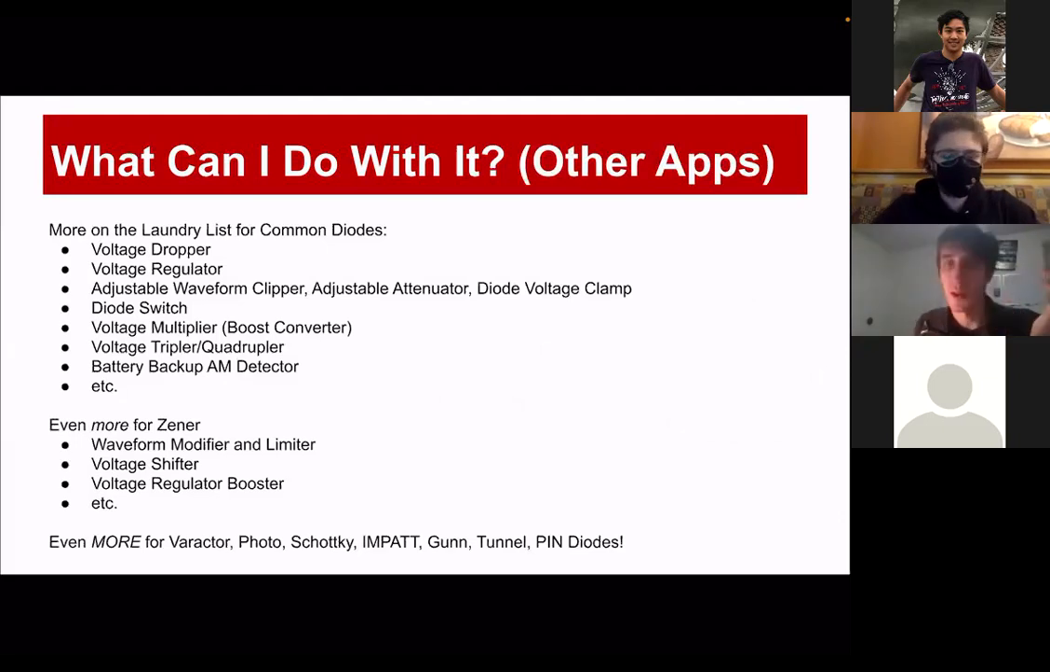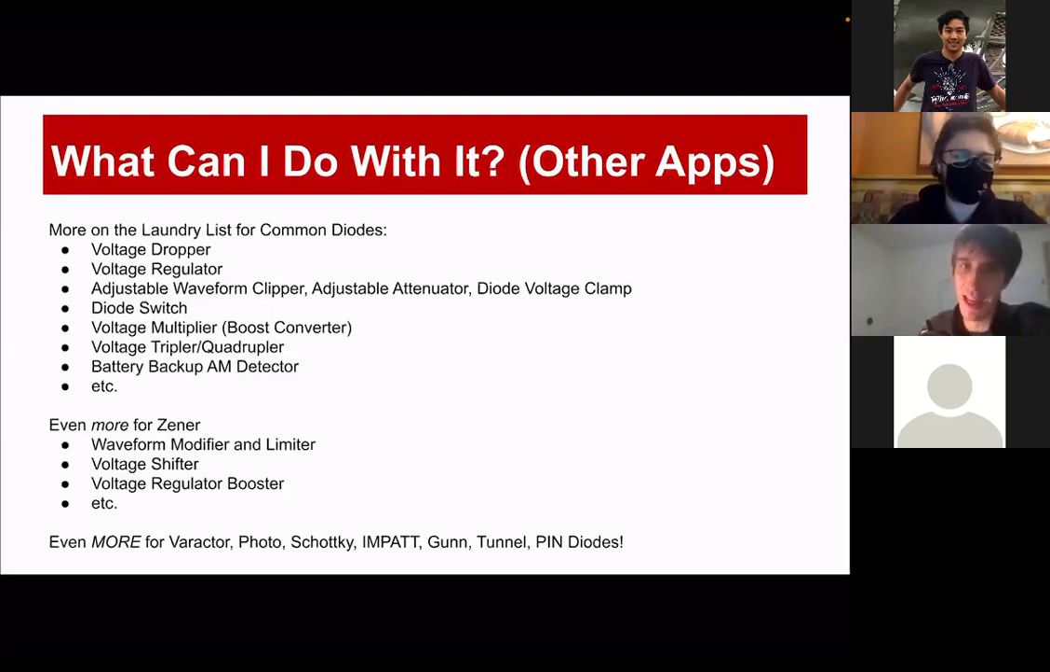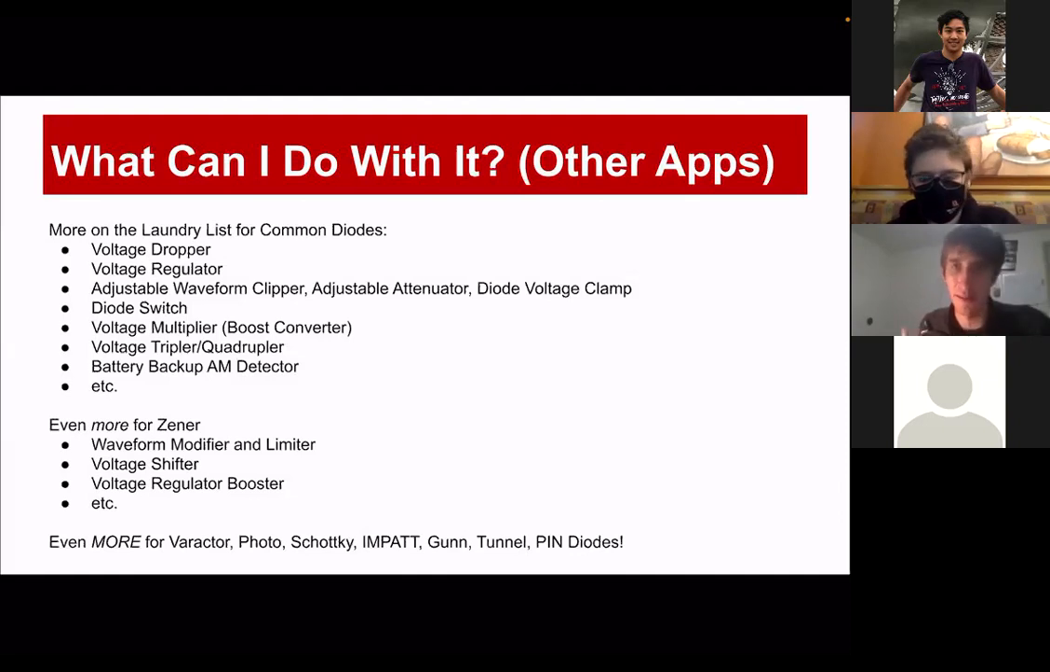Similar to the transistor, we have a laundry list of extra applications. A voltage dropper, a voltage regulator, adjustable waveform clipper, adjustable attenuator, diode voltage clamp, diode switch, voltage multiplier, or a boost converter if you also apply an inductor. A voltage tripler or quadrupler, where you can get really high voltages using a clever orientation of diodes. Battery backup, or